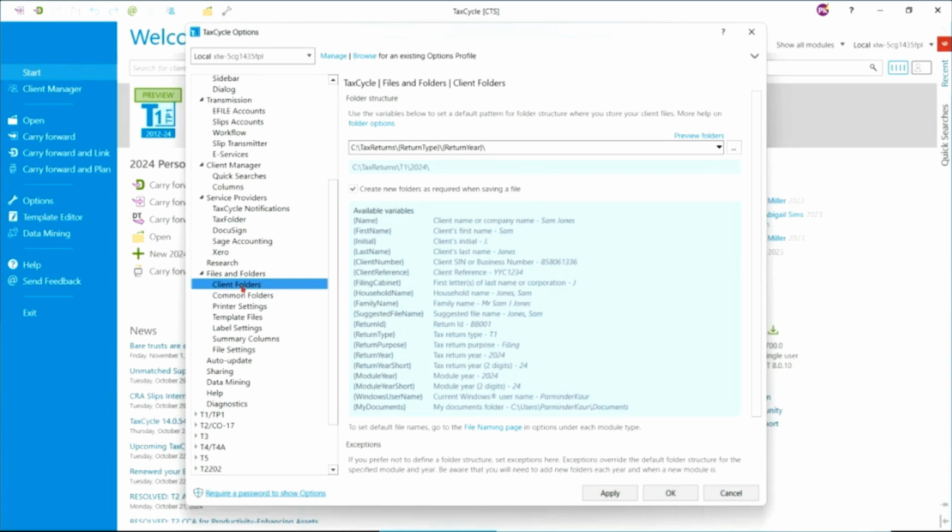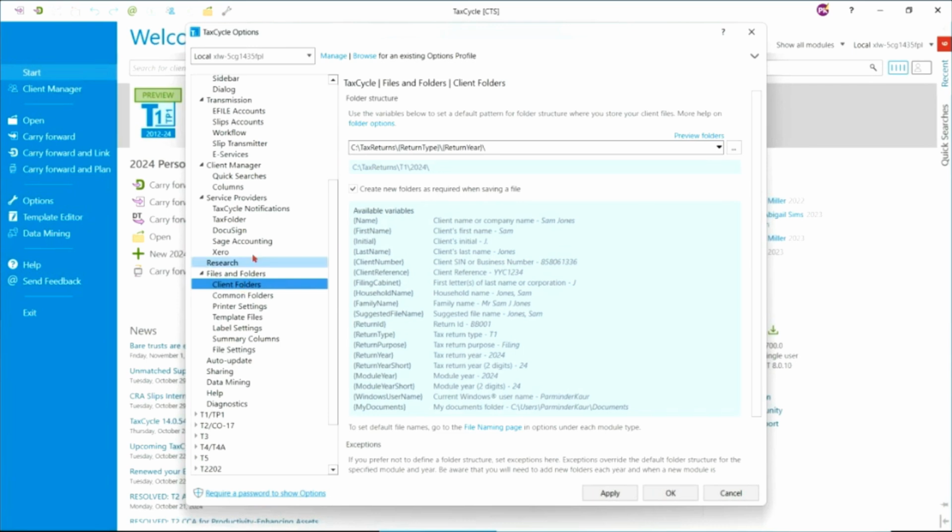I'm going to show you some options that you can use to control where your files get saved. It's obviously super important to manage the tax returns and where they are located, whether you choose to keep them private or shared and so forth. Now, this is where you define how your folders are structured. If your files are on a local computer and not shared, you will use the drive letters in the path,